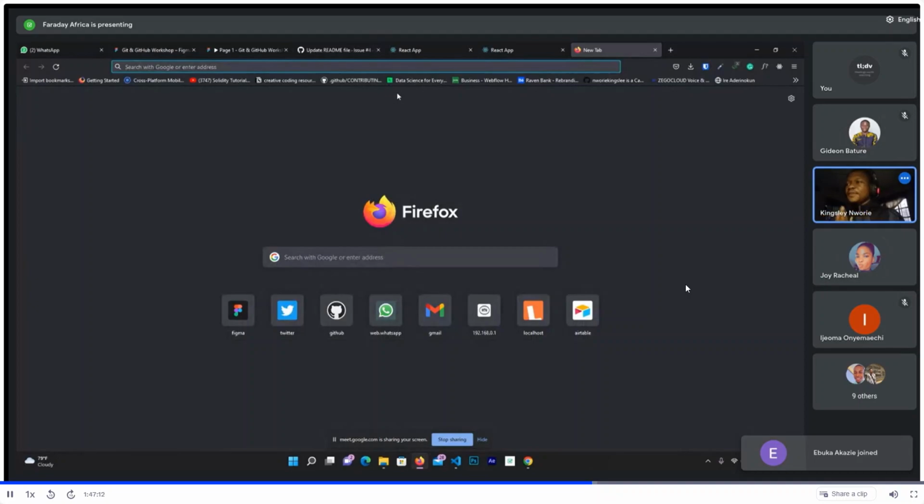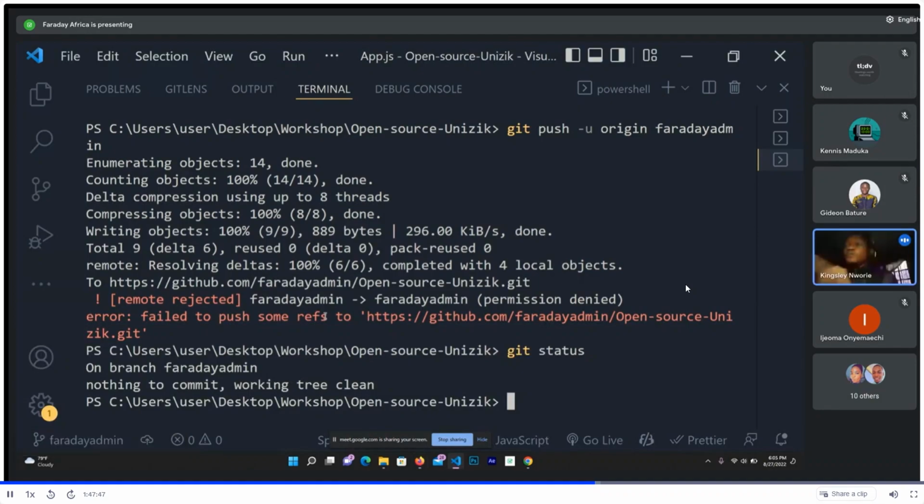I know we've exceeded our time. Let me see if I can somehow reconfigure the GitHub account on my local to be the admin. That'll be challenging because I don't have access to the email of that account. So they'll want to confirm, and I'm not even sure if I set up the two factor. So that's going to be complicated. This is something I like to do on my own time. But the thing is, you already understand the gist. Once you do a git push dash u origin Faraday admin, where Faraday admin represents the name of that branch,